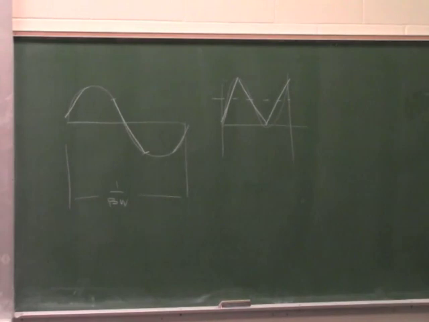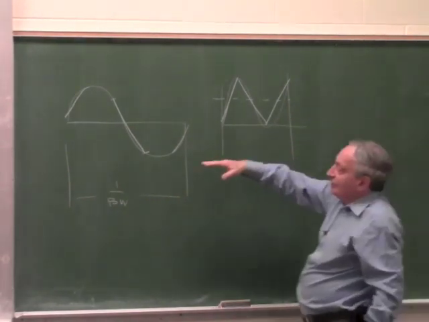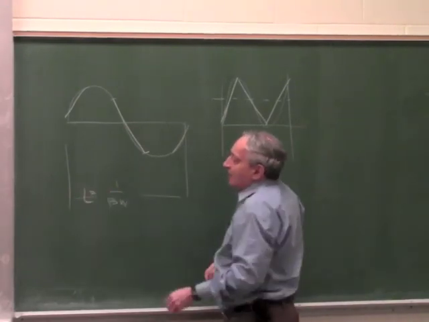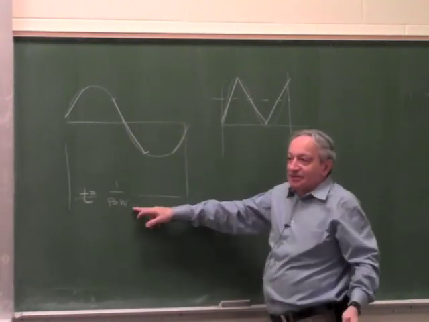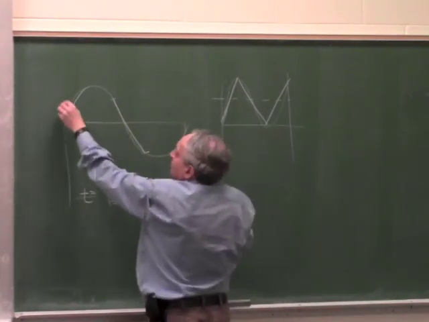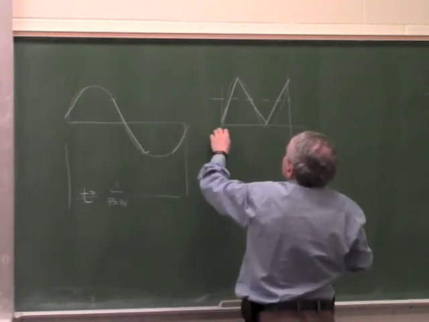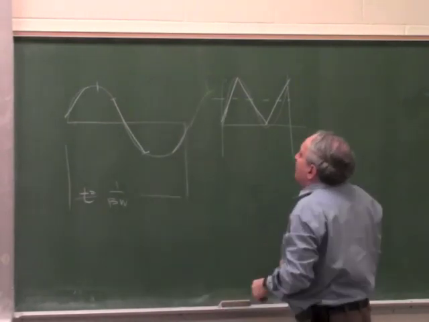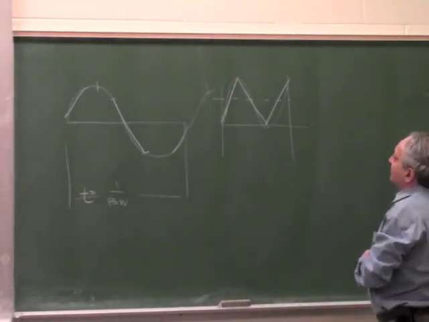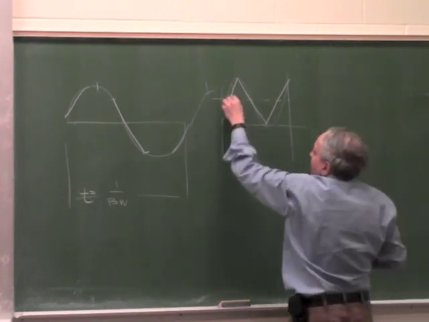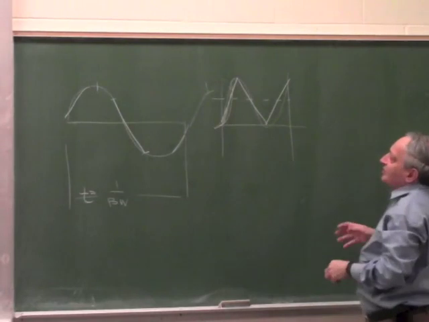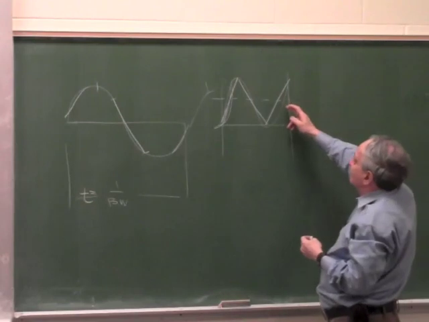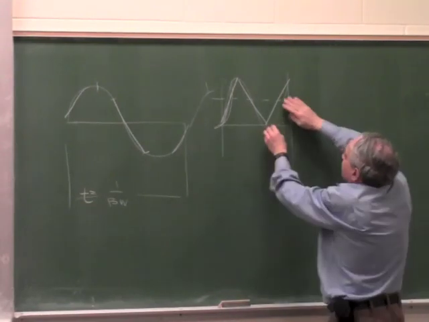So a very crude way of looking at it: if you take the sine wave, the length of the cycle is 1 over bandwidth, that's clear. Now you take the whole sine wave and just shift it above 0. So basically you pick from this point, let's say, to this point. But if you shift above 0, you can see, very roughly speaking, that you have to go up to here. Sorry,